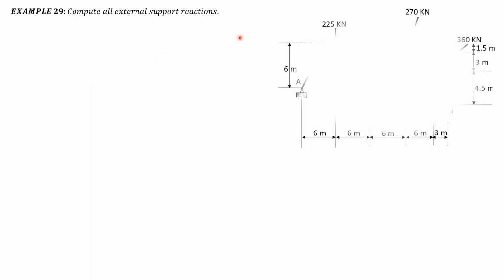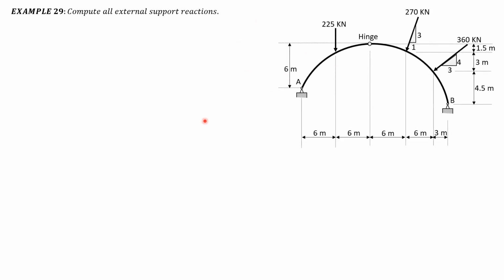Okay, let's have the example solution to example 29. This is about reactions of arches. Compute all external support reactions of this structure, which is a three-hinge arch. So considering the entire system,